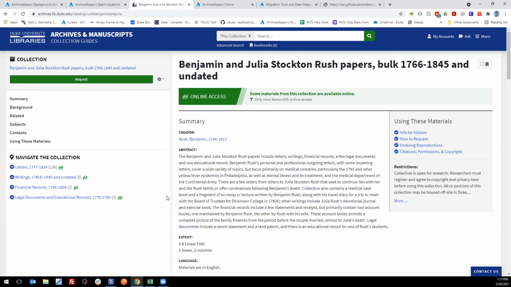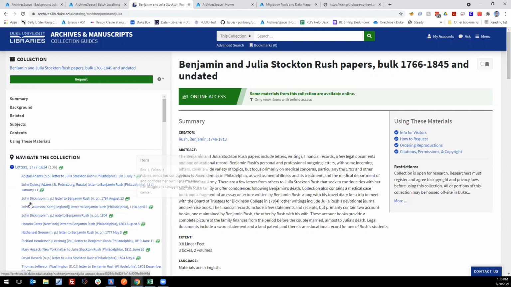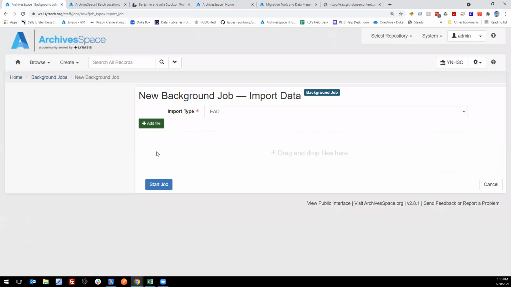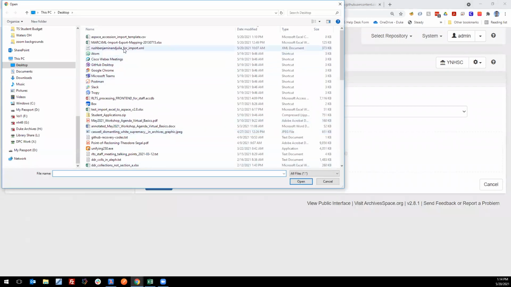I just wanted to show you what kind of data it has. It has some top level information. It's got four series here, and a bunch of components under each series. And it happens to have digital objects for a lot of these components. What I did earlier this morning is I got that file as XML, as an EAD file. Then if I click add file here, and browse to where I saved that XML file earlier, and I choose it,